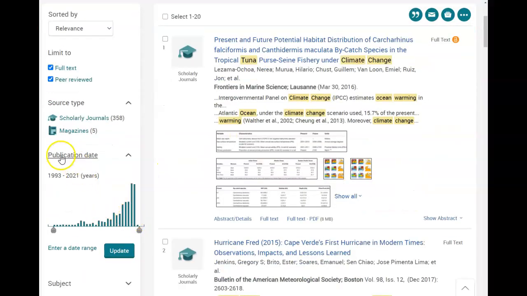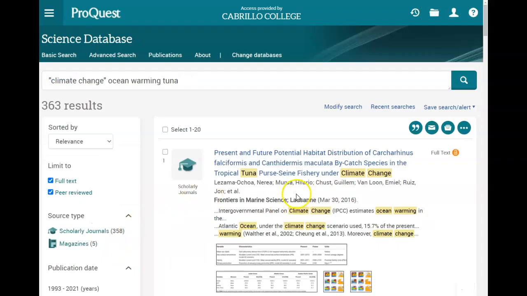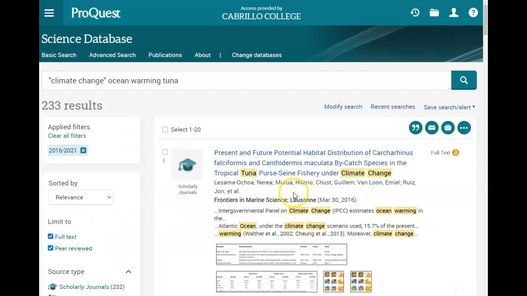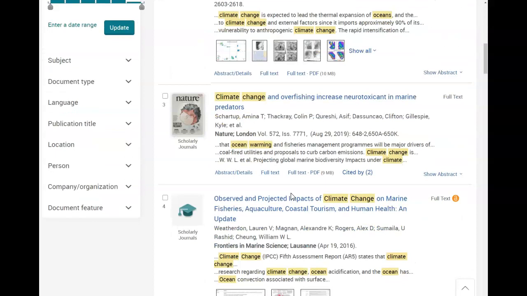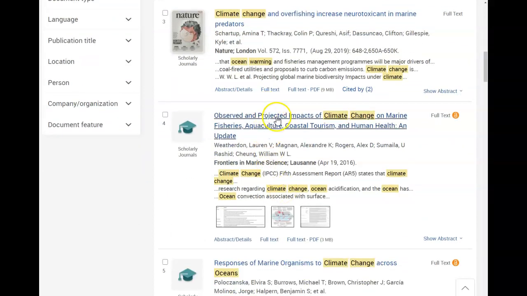And then the last thing I'm going to do is limit by publication date by pulling this bar up, and let's say I want research from the last 5 years on ocean warming and climate change. Now we're down to about 230 results, and if you want to see an article, you can just go ahead and click on the title. So I'm going to click on this one,